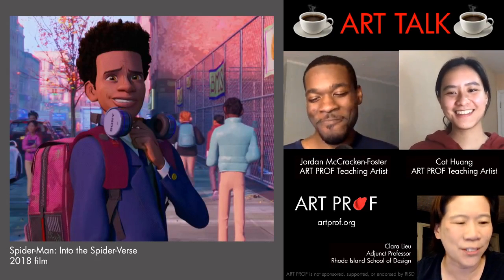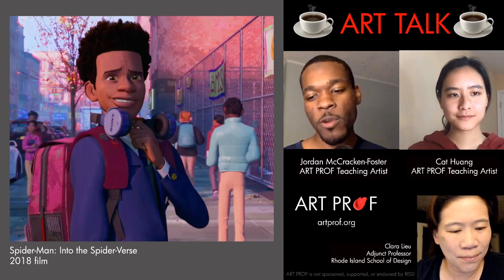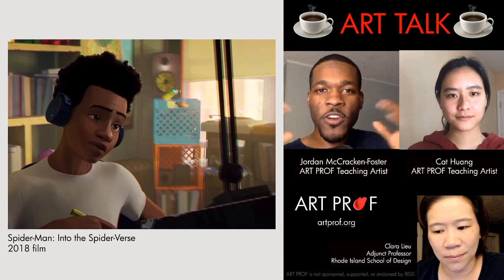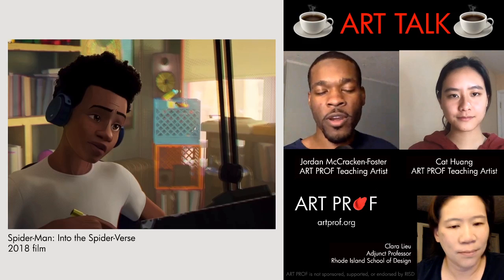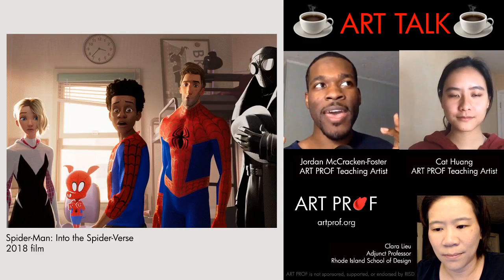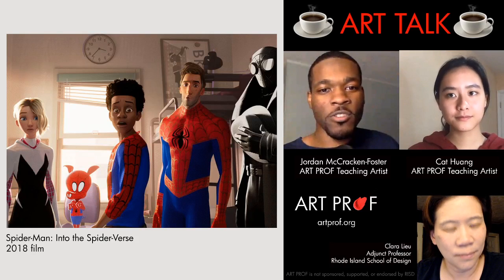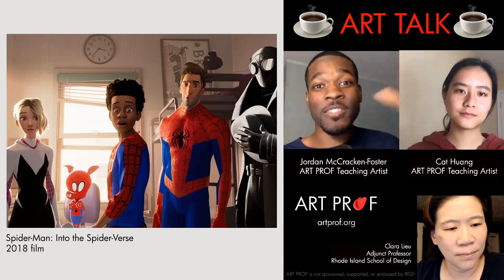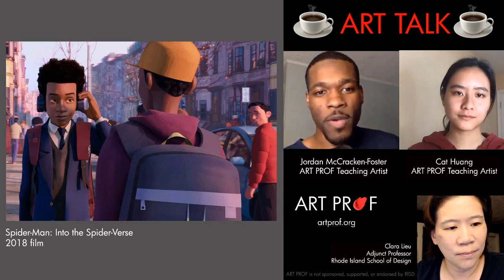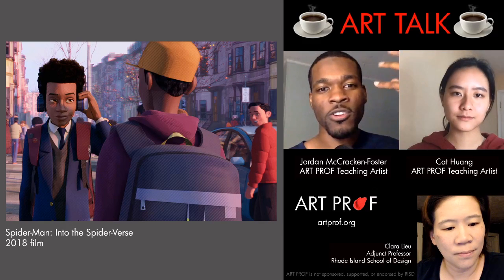Anyway, tell us about Miles and what type of impact his character has on you. So what I really appreciate about Miles Morales is that it's very clear he looks different than Peter Parker, right? From just the outside, he looks very different. But what I appreciate is they didn't make that just his character, like he's just black and he happens to be Spider-Man. It's more so that he is Spider-Man, but he just so happens to be mixed with black and Puerto Rican.